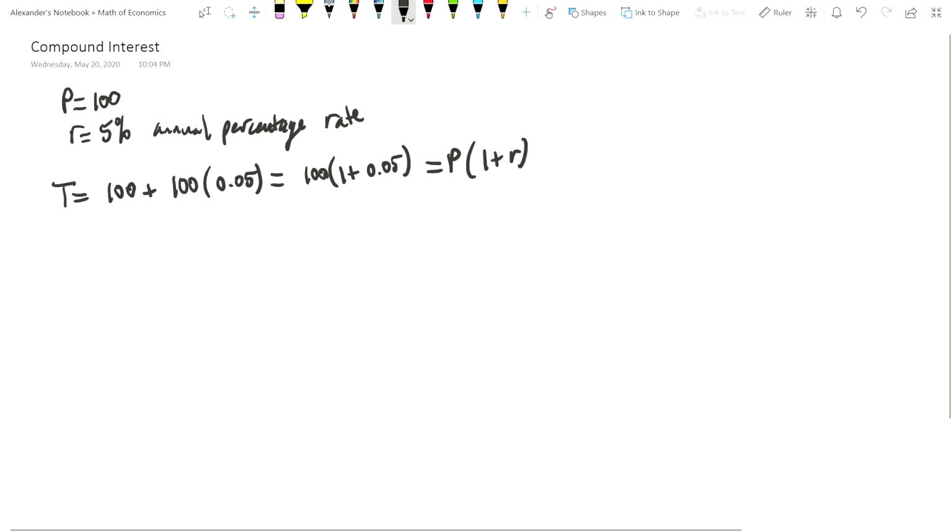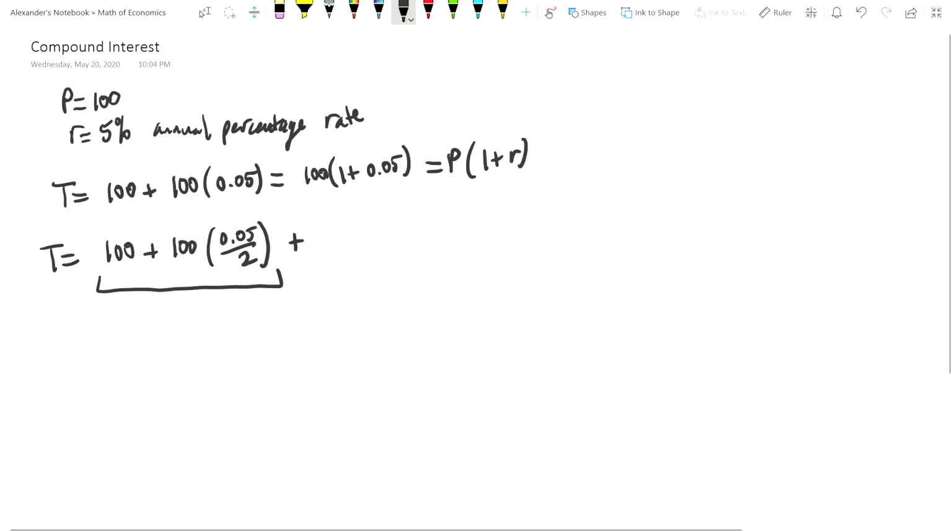Now, let's say that instead of compounding annually, it compounds twice a year or semi-annually. How is the math going to work on that? Will we actually come out ahead or behind? So in this case, we have the amount that we started off with, and now after 6 months, this amount is going to be multiplied by half interest. Okay, and then after another 6 months, this whole amount is going to be multiplied by half interest, since this whole amount is